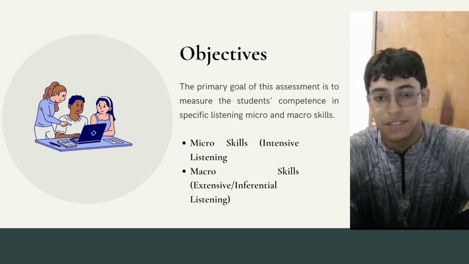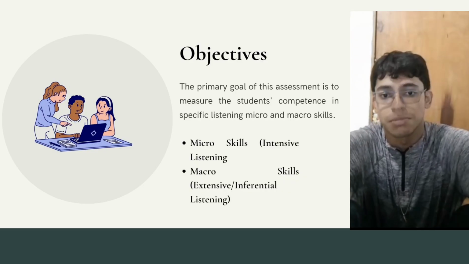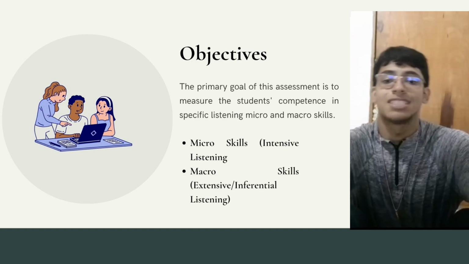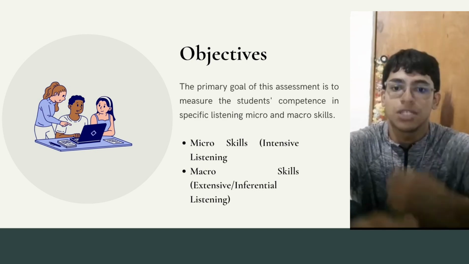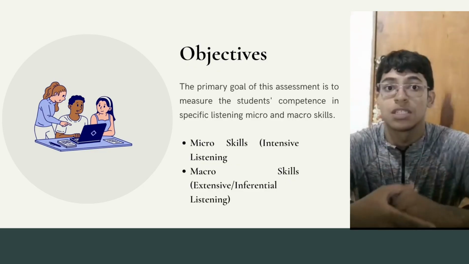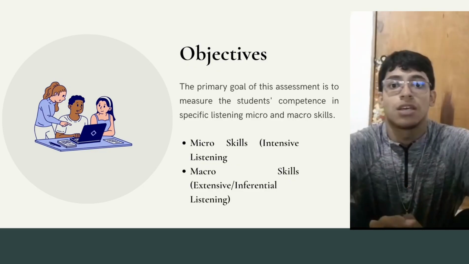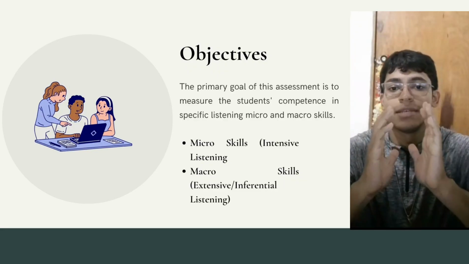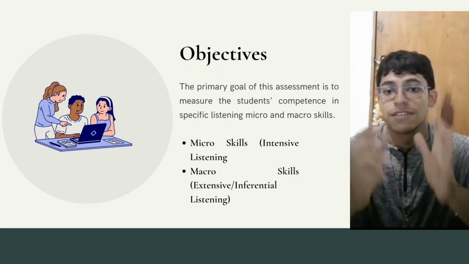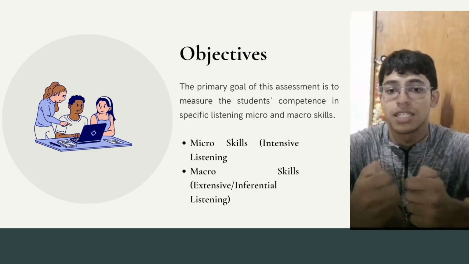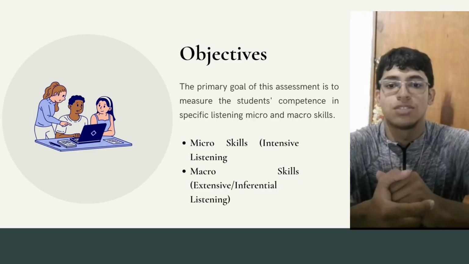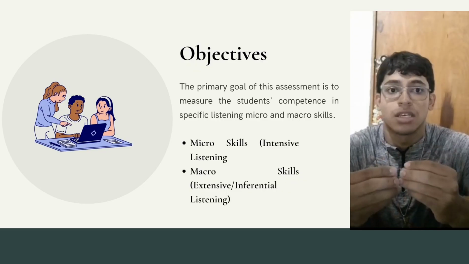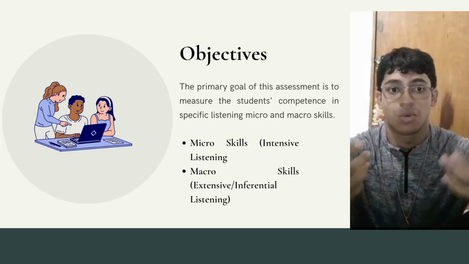Assessment objective and skills. So our principal goal is that our assessment is designed to measure highly specific skills, and we select them based on the B1 level. So we have in the macro skills level the intensive listening, so we test the ability to discriminate sounds and to find out the stress patterns and intonation contours that exist in the words.